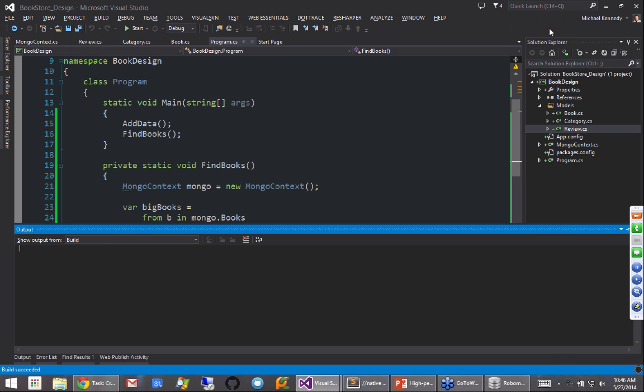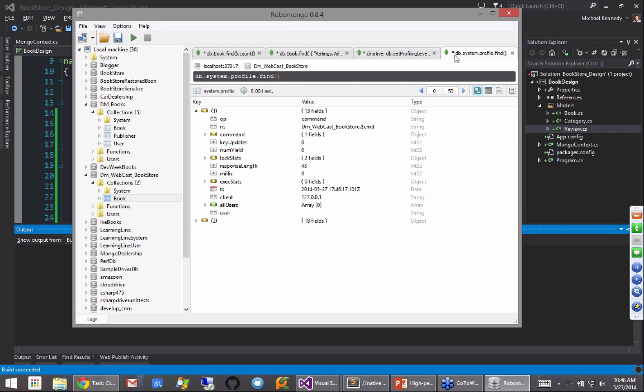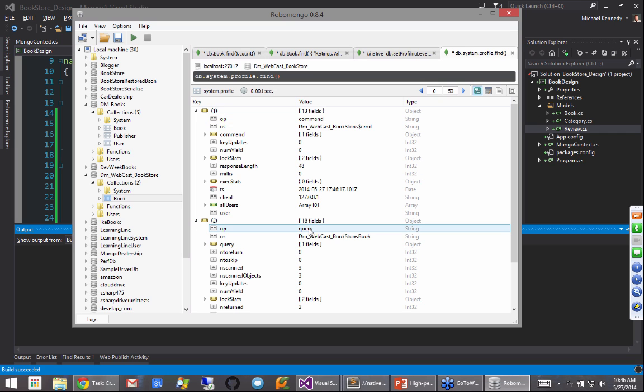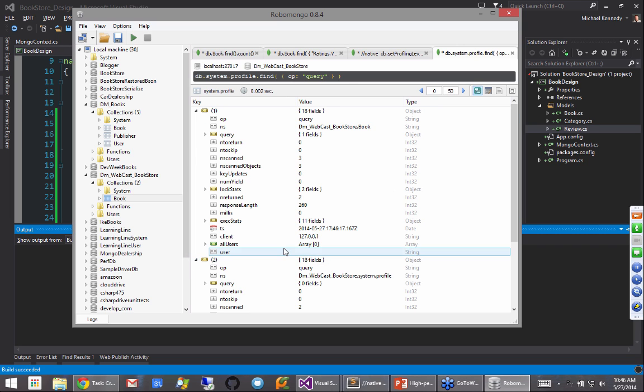Right? You'll see. Let's go back over here. If I run this again, now I have a command, which we don't care about, and I have a query. We do care about queries. So we can filter that out and say, show me only where the operation is query. All right, now we have just this one here.